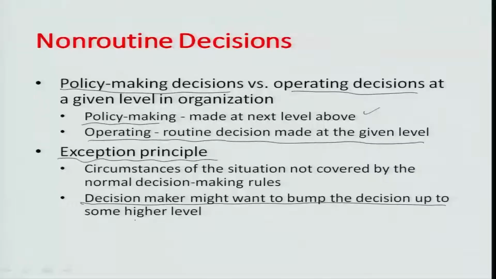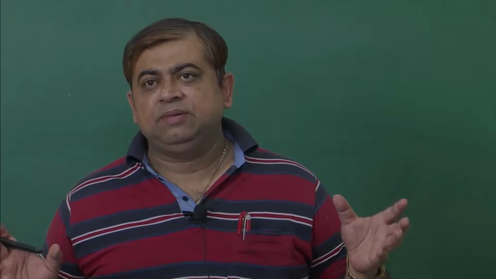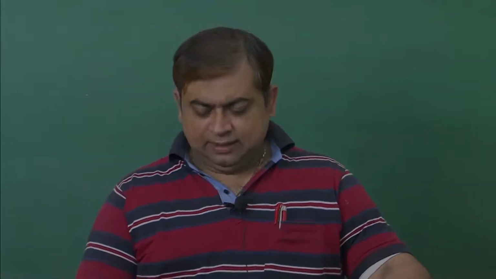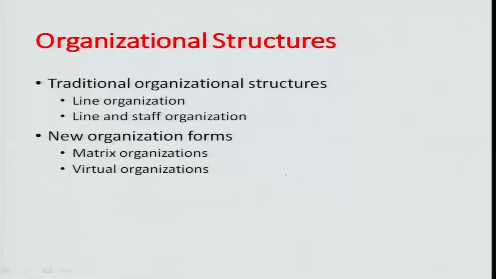So, this is an exception principle, where something has happened all of a sudden, which probably was not there in the system, because of which a decision needs to be arrived at. Typically the decision maker might want to bump the decision up to some higher level, who can help ease things. At certain times he needs to have a collated thought or opinion among several different members at the same level before approaching the higher level, where some solution is proposed for the final approval. Those kinds of decisions happen once in a while, because of this exception principle in terms of circumstances that an organization may face.